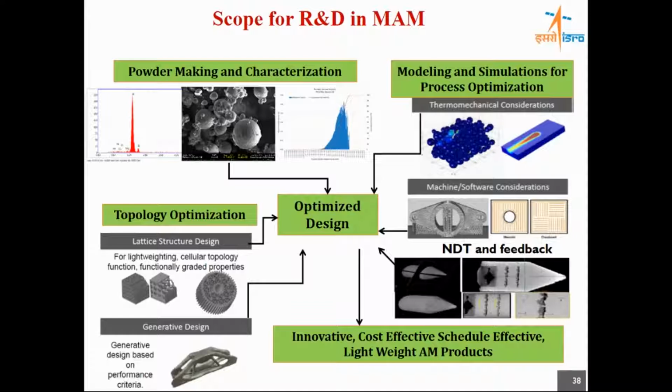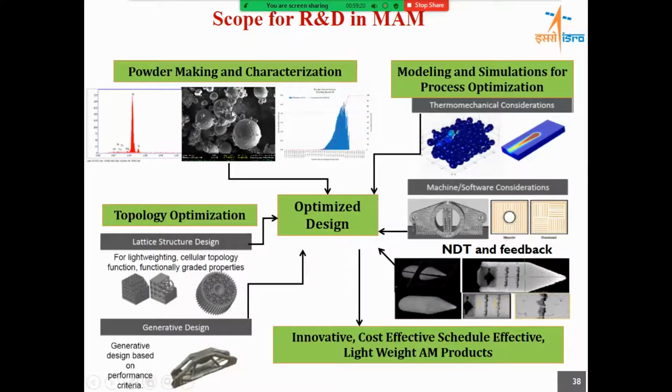When we try to make these powders, there will be some loss of alloying elements. The loss of alloying elements can lead to different mechanical properties in the final part made through these powders. So during this powder making technology itself, we need to take care of those alloying losses, and we have to evolve a suitable powder making technology for getting the input powders. And of course, the chemical composition, as I mentioned, you have to take care of the alloying losses while powder making. And the second thing is the size distribution.